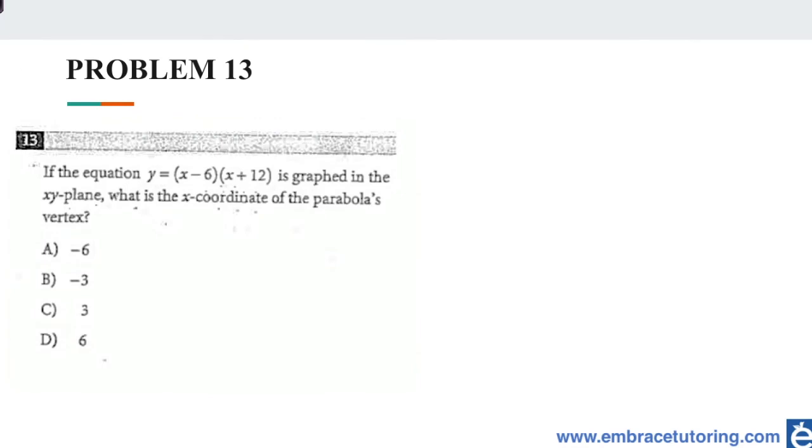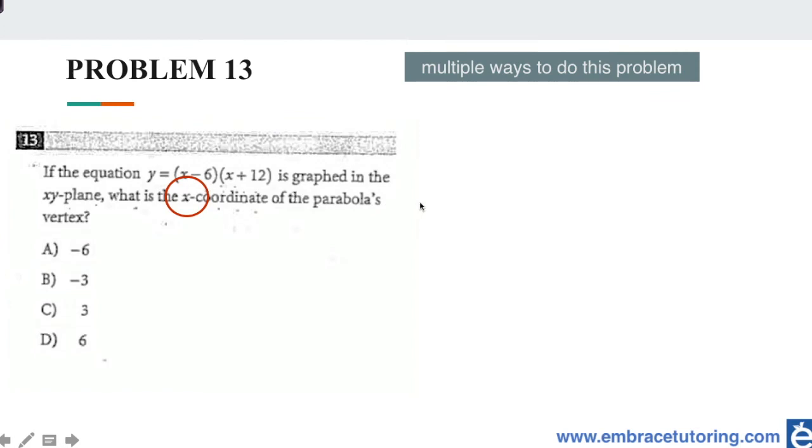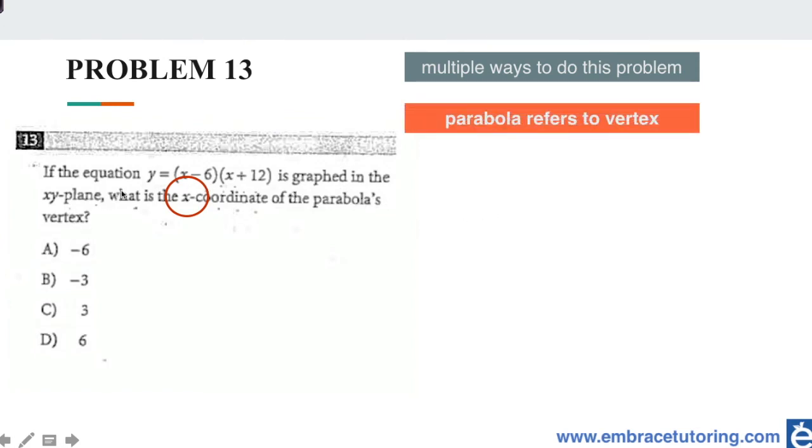Problem number 13 states, if the equation y equals x minus 6 multiplied by x plus 12 is graphed in the xy plane, what is the x coordinate of the parabola's vertex? Now, there's multiple ways to do this problem because they're doing the parabola in factored form, but you do want to always remember that parabola is going to refer to vertex, even if they don't necessarily state that,